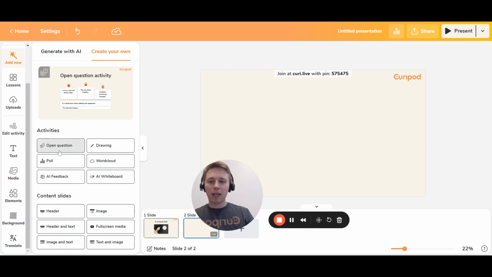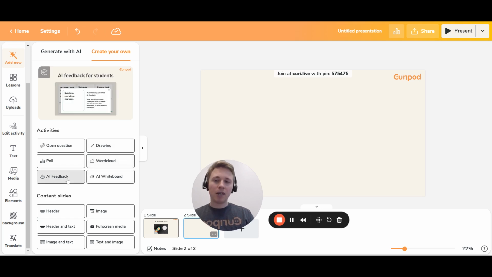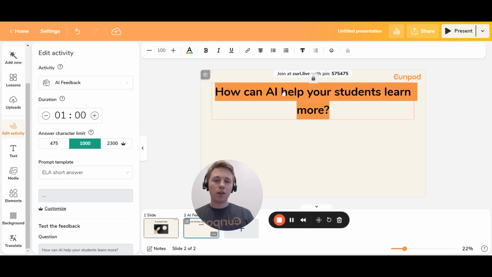And all Curipod lessons are built of these 6 activity types. So we have open question, where you ask the students a question and they can answer with free text. We have a drawing activity where you set them a task and they will draw it. We have a poll activity where you create some poll options. We have word cloud. Then we have AI feedback, and AI feedback works in a way that you write a